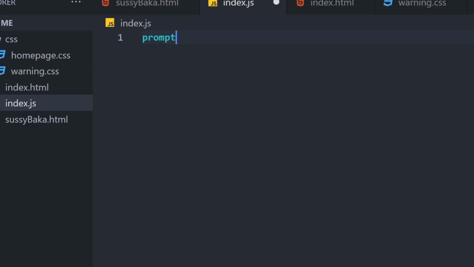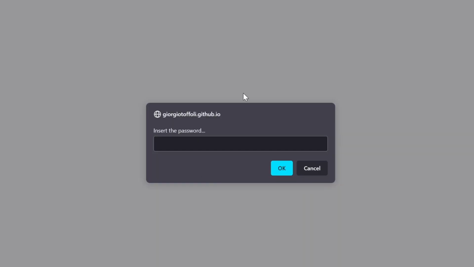There's only one thing I want to add. For the cherry on top, I'm gonna be adding a small little Easter egg using JavaScript. This link, when clicked, will be sending the user to another web page, which will ask them to enter a password. If you're interested in finding the password, it will be in the pinned comment. I won't be spoiling where you have to click though.